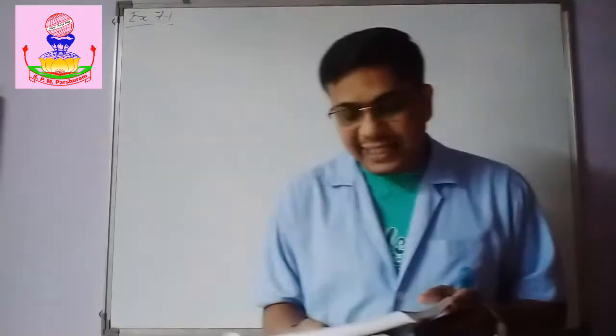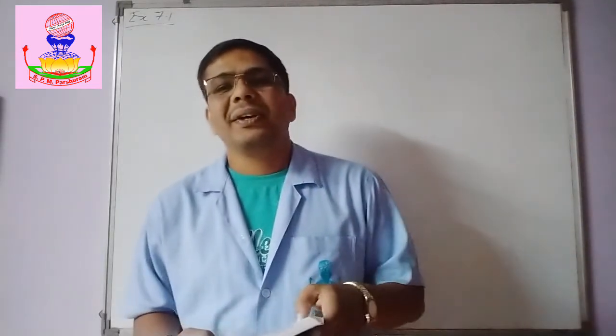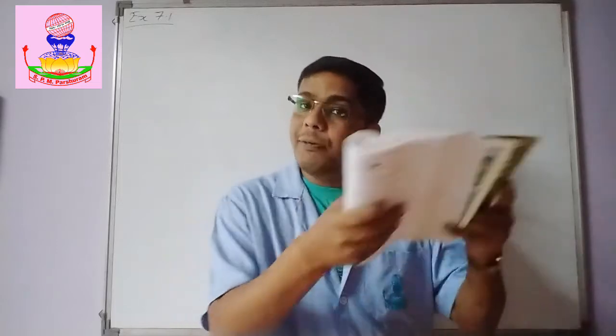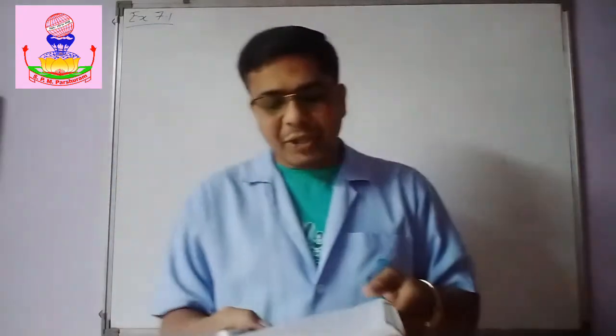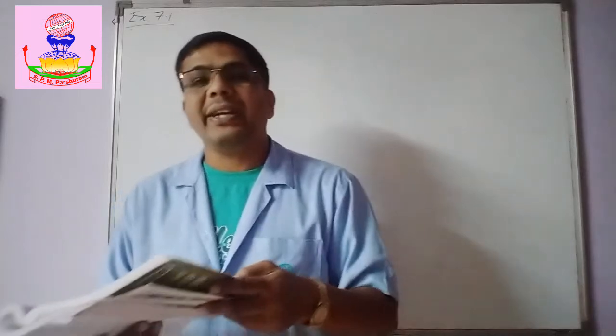So what you do, find out the LCM of 3, 4 and 5. What is it? 3 fours are 12, 12 fives are 60. Now see, this 60 is divisible by which of the given options? So first option, the number can be exactly divided by 12, 6 and 10. Now if this 60 is divisible, definitely that number will also be divisible by these numbers. So 60 is divisible by 12, 6 and 10. Hence, the number which can be divided exactly by 3, 4 and 5 can also be divided by 12, 6 and 10. Do you understand?